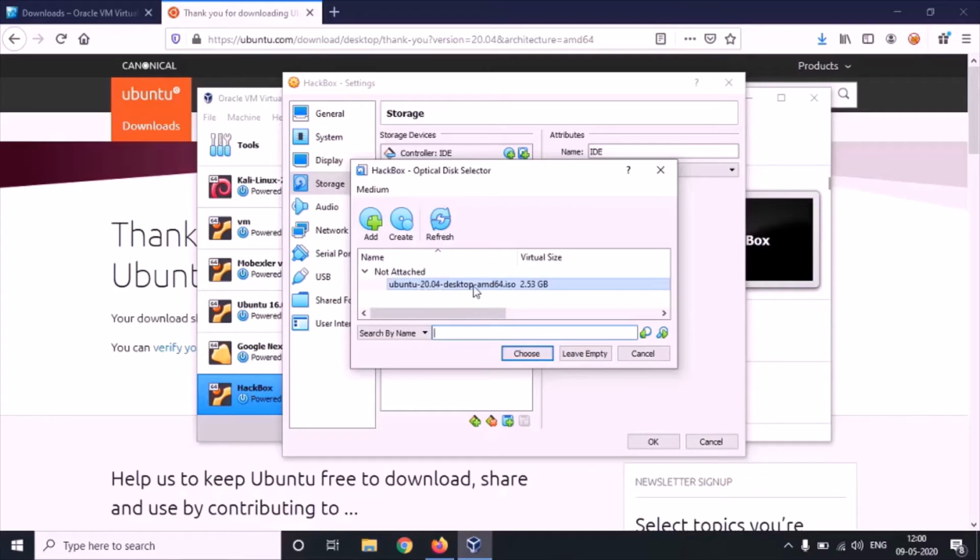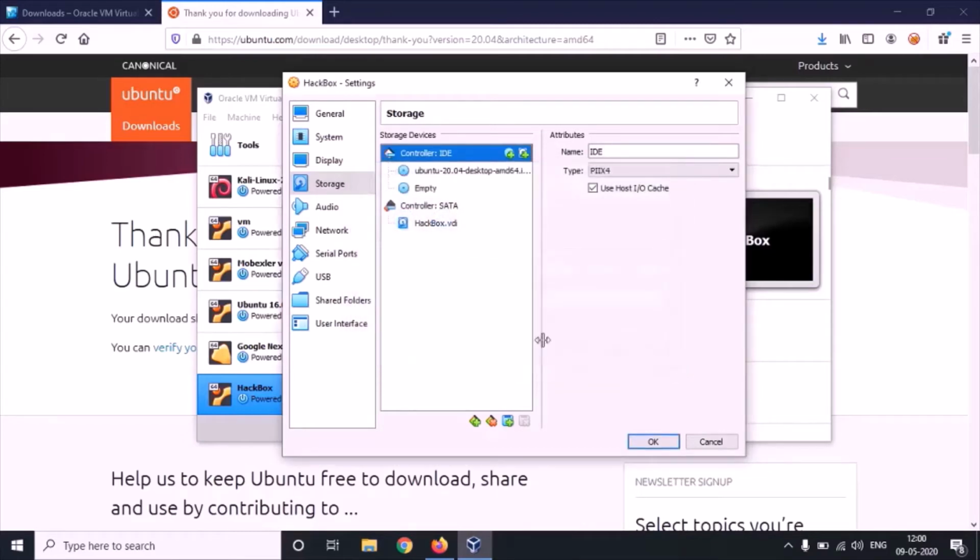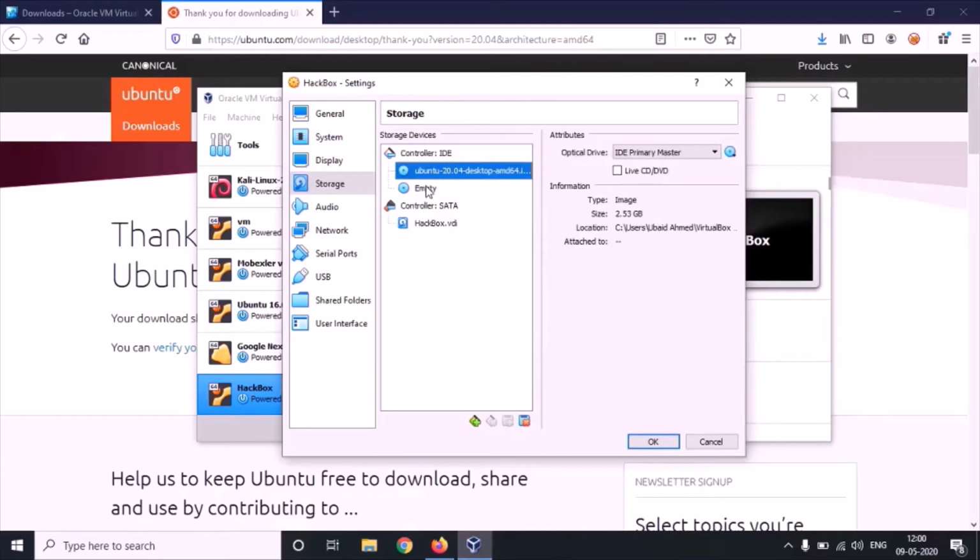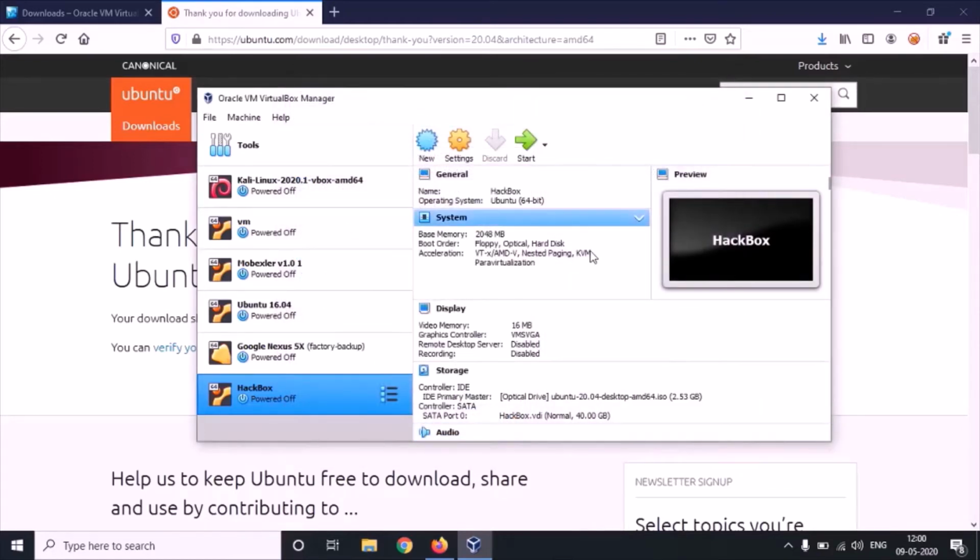So we have it selected. Okay, I'll click on choose. This, I can just remove it. So I have only one option under it. I click on OK. Just click on start.